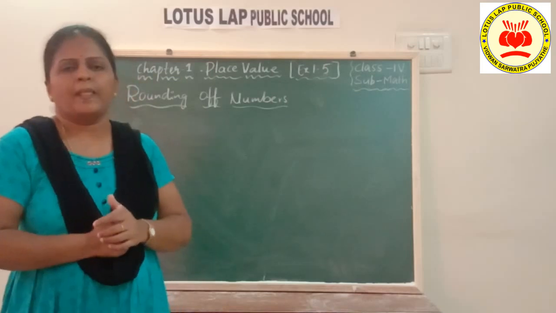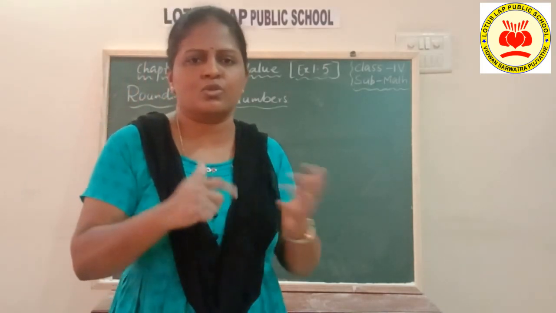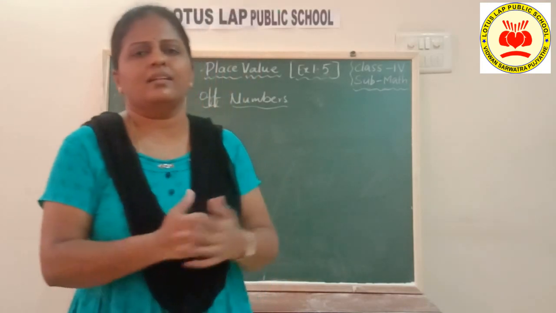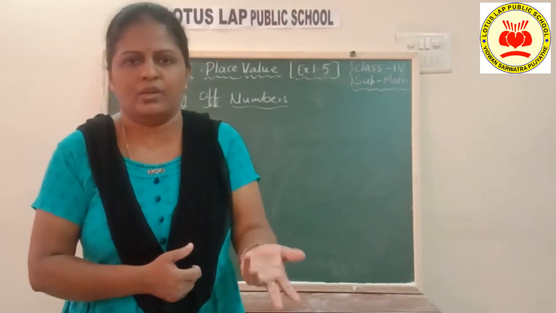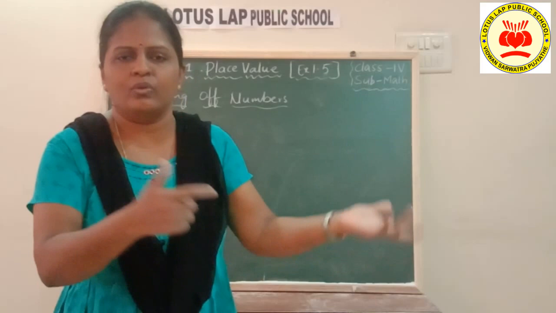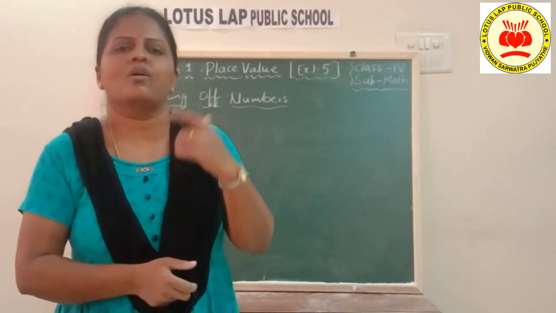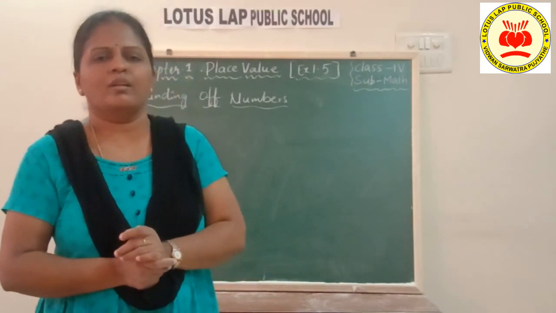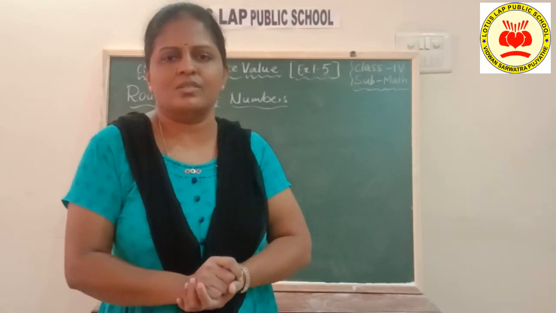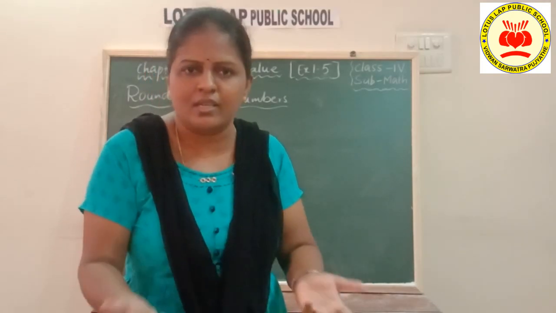For example, let us say in which cases we round off the numbers, children. Suppose you went to a shop and you purchased new shoes, children. The shoe cost was something like 998 rupees. Now you bought the shoes and you came to the school next day. Your friends asked what is the cost of the shoe. Now you will not be telling everybody 998 something like that. So you just round it off and you tell nearly 1000.